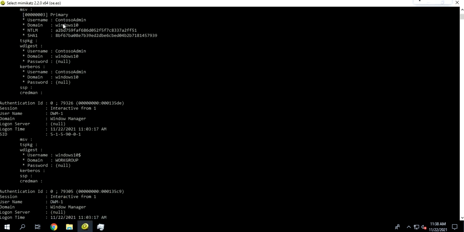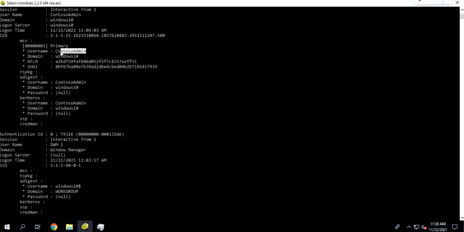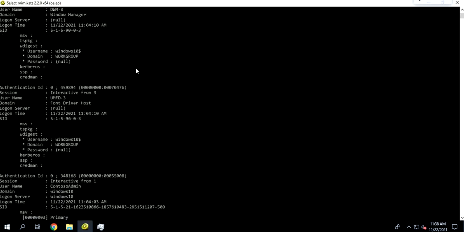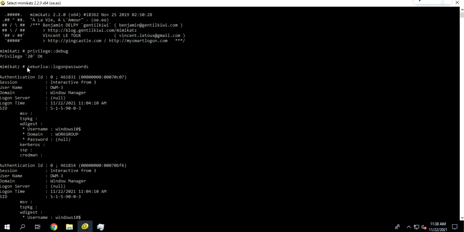And if you see this user, Contoso admin, under NTLM you have the hash. There are several other modules, not only this one, which can interact with lsass.exe to retrieve the hashes from memory. But general usage of this module and logonpasswords will get us the details.